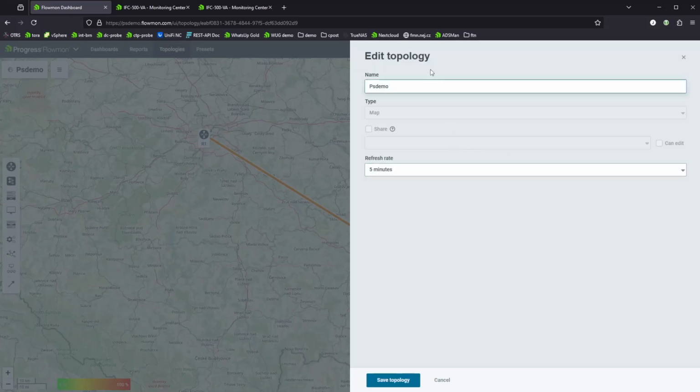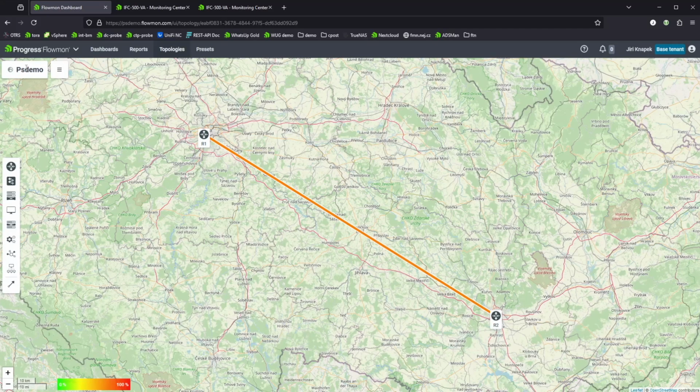So you can say who we want to share this one with, and how often it should refresh. We gave it some name, and then you can place a node: routers, switches, collectors, hosts, and probes, or some service, site, or subnet. And this way you put it either on a map, or you could use your own map, and then just